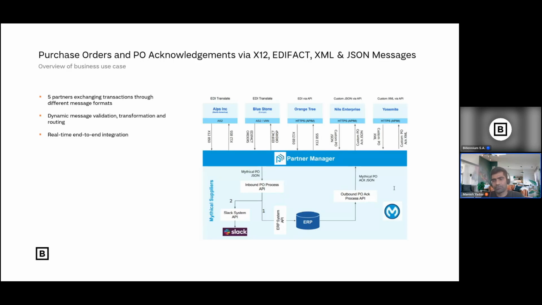Do we have the option to edit and replay the transaction? Yes, we have the option to edit and replay the transaction. For example, you submit the order, but you forgot to change the color, or you forgot to pass some information. Then you need to upload the transformation map again and replay the transaction. So there is an option to replay the order also.